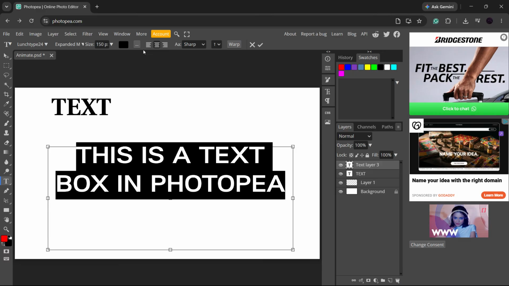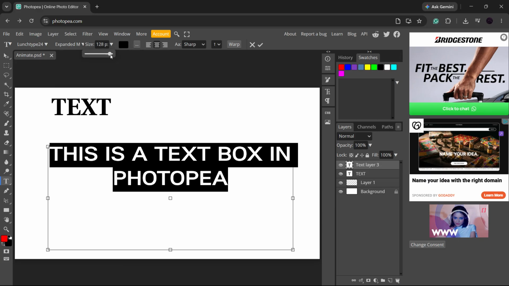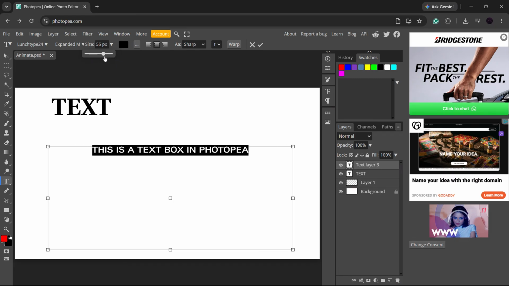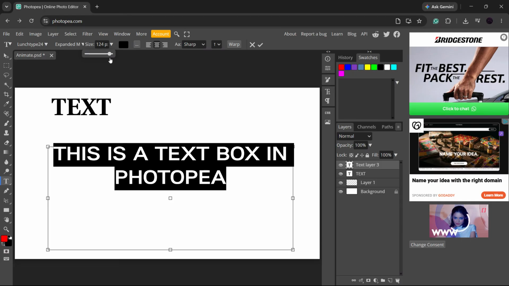For example, bold text is perfect for titles, while italic text can give your design a more elegant or creative feel. You can also adjust the size. Photopea gives you a slider or a value box where you can enter a pixel size manually. So if you want your text to be larger, smaller, or just the right size for your layout, this is where you do it. A setting like 50 pixels is a good starting point, but you can always fine-tune it